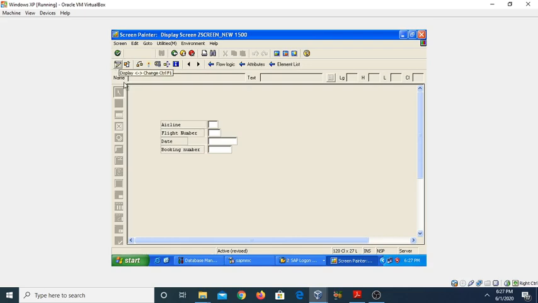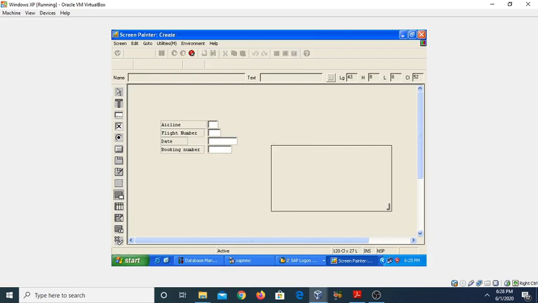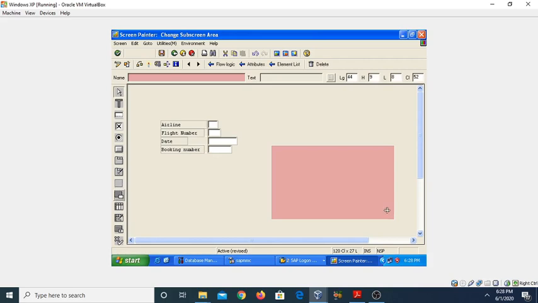Enable the element list. And you can see this is our subscreen area. Just click it and drag it up here. So this is a rectangular area on which the subscreen will display.